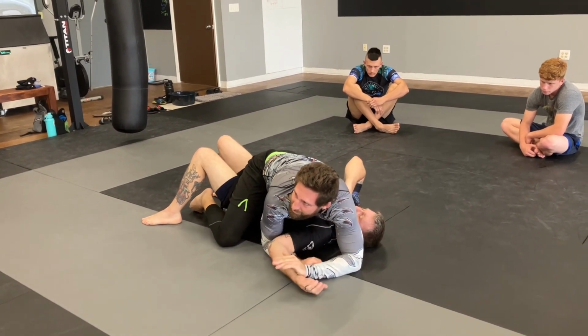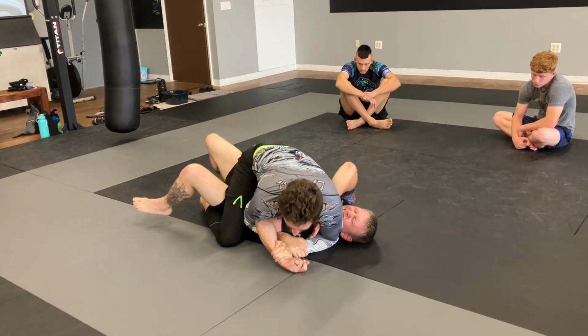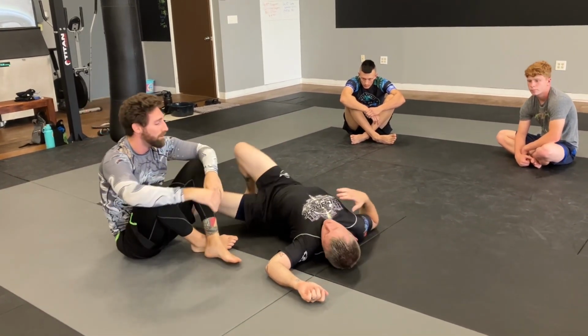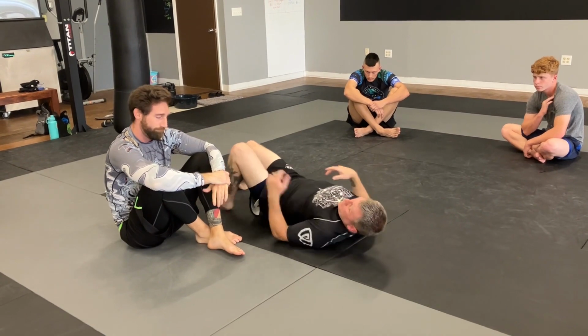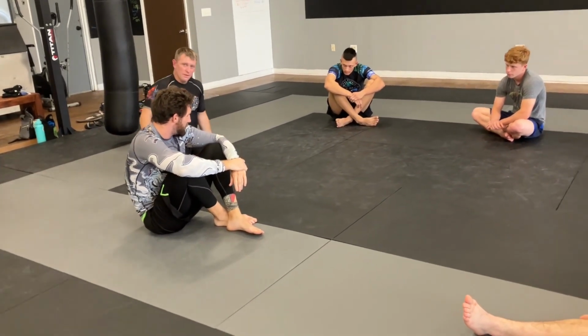This part will be easy, right? Once you're here, there's nothing he can do to stop me from coming in. You don't even have enough time to try to muscle through either sometimes, when it's so deep like that. If you do that, you're opening yourself up for an arm bar. That's how